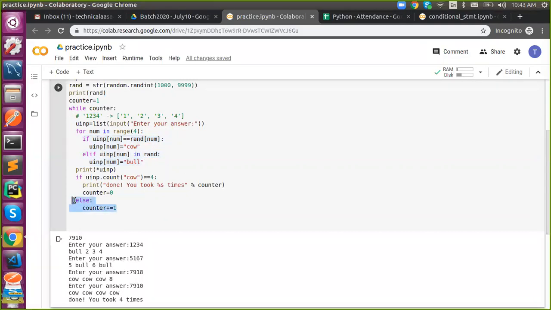This is purely optional. It will help you find how many times the user tried, how much time the user took to solve the problem. Okay, this is a counter. If you want, you can use it. Otherwise, leave it as it is. The loop will still occur without this.